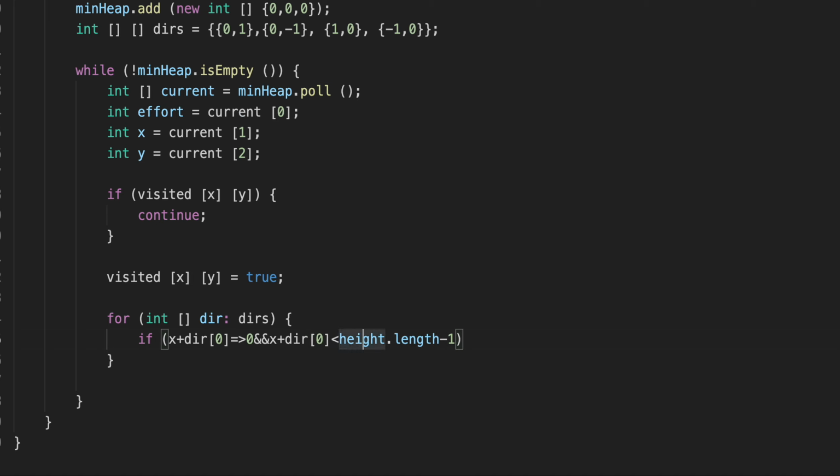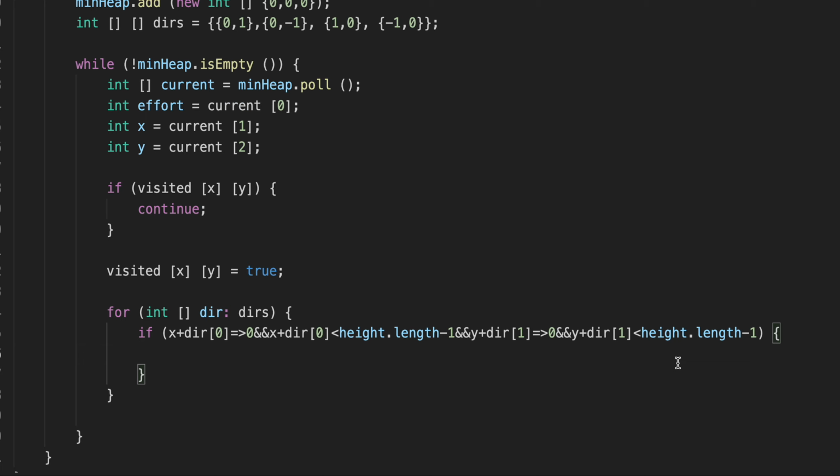Okay, and we need to do the same for y, right? So for the y, we can actually copy paste this. And we need to do that for y, and here we need to do that for y. The first one, right? We are taking the first one first, and here we are taking first. If that condition is met, then we can check the effort, right? So we are checking the effort, and so let's say that we are at position